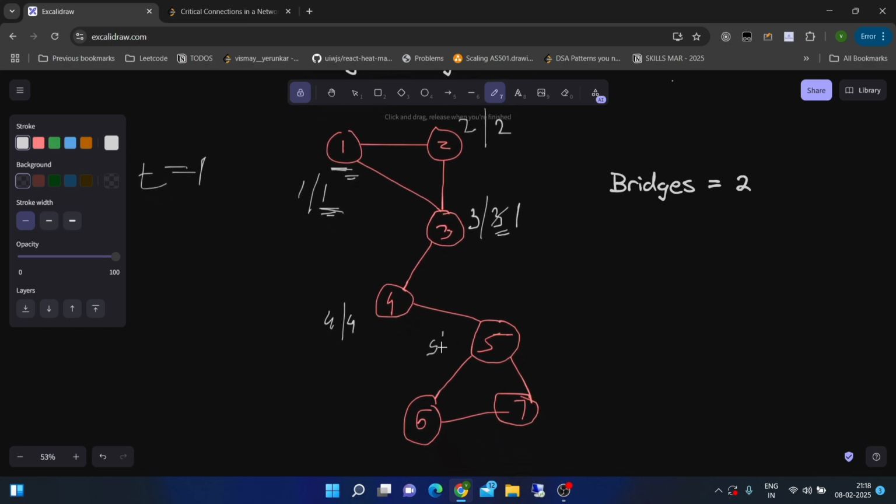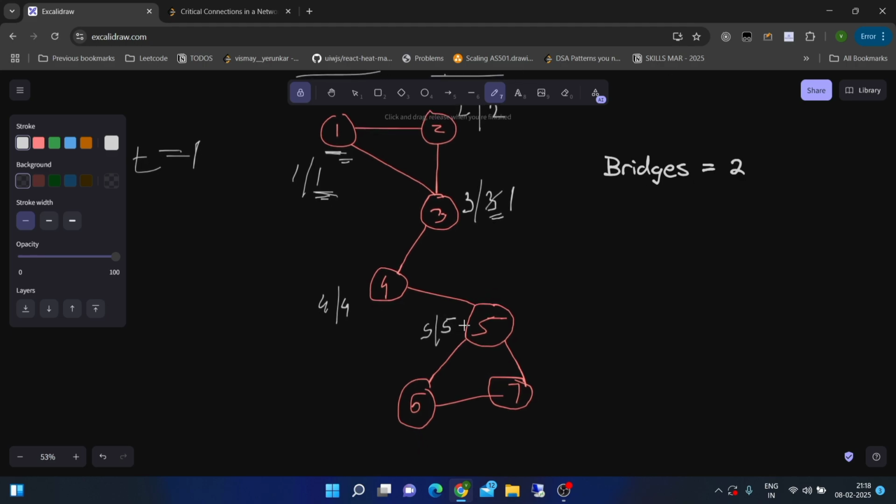For visiting 5 we have time 5 and minimum time is also 5. From 5 we can visit 6. The time to visit 6 is 6 and the minimum time is also 6. From 6 we can visit 7, and the time to visit 7 is 7 and the minimum time is also 7. Great. Now we can see that from 7 we can visit 5. But wait, 5 is already visited and the time to visit 5 earlier was 5. So I can update the timing of 7 from 7 to 5